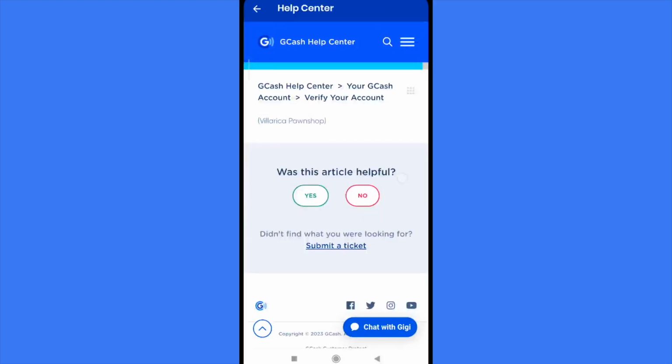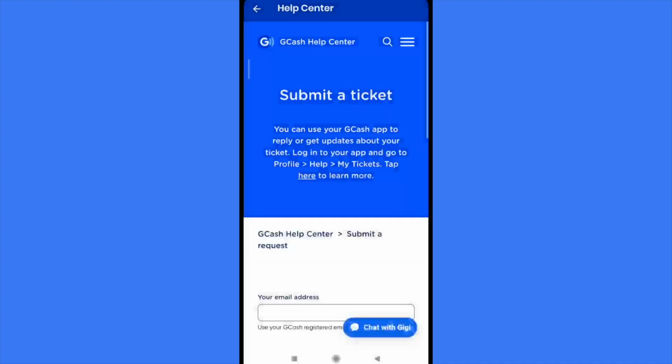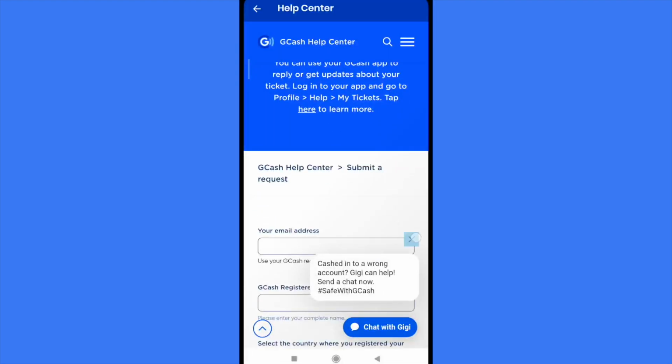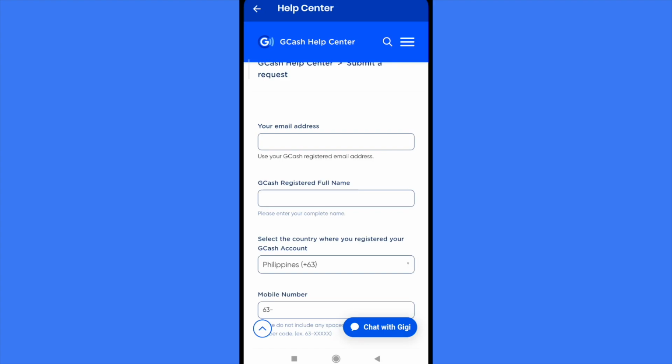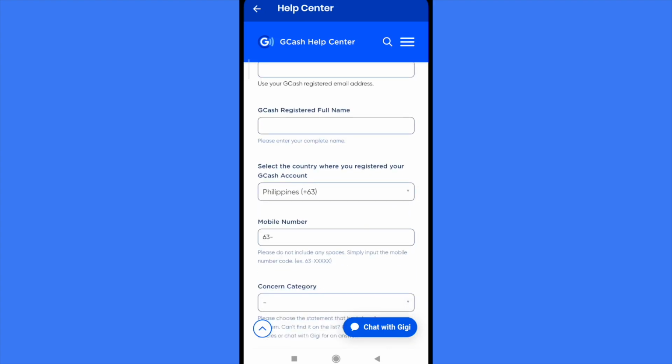So at the bottom of the article, it says, was this article helpful? Yes or no? And if you didn't find what you were looking for, you must submit a ticket. So I'm going to tap there. And you must fill in all this data: your email address, the GCash registered full name, select the country where you